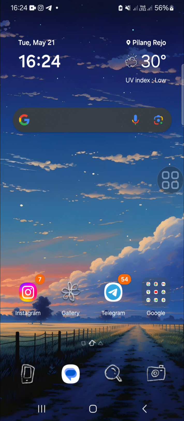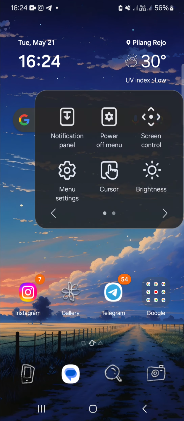Here I have opened my Samsung Galaxy phone, and if you want to show cursor on your Samsung Galaxy phone, you have to activate your assistant menu. So this is how assistant menu looks like, and if you want to activate this assistant menu to get the